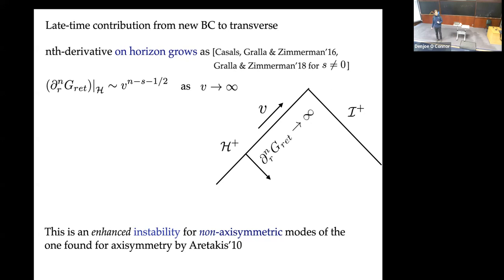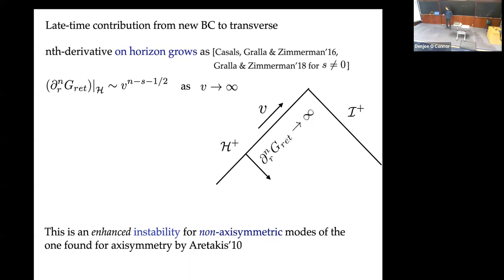The half is a funny thing. I can't remember right now how it arises, but it arises. I'm sorry, what is this? Is this an integer? So n is the number of derivatives that you take, and s is the value of the spin of the field. What's the spin? Spin 0 for scalar, spin 1/2 for fermion, spin 1 for Maxwell, spin 2 for